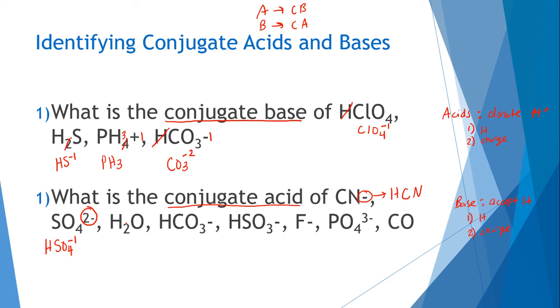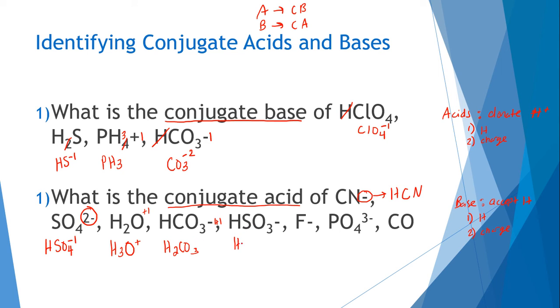Here, I am going to have to gain a hydrogen. So I now have 3 hydrogen. I still have my O, and I need to add 1 over here to my charge. So I get a plus. Over here, I'm still adding a hydrogen. So instead of 1, I now have 2 hydrogen. I still have my CO3, and then my -1 charge. Since I added a hydrogen, I add 1, and that comes out to be 0.